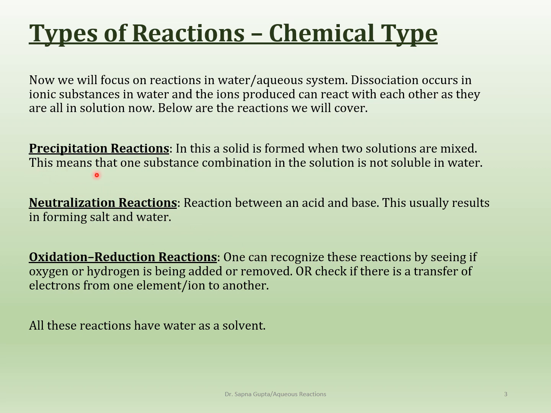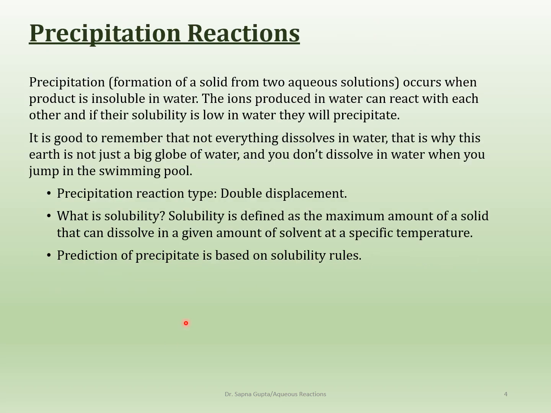So precipitation, you're not starting with the solid. Precipitate means solid formation. So you're not starting with the solid, you're starting with solutions, and then in the end you end up getting a solid as a result. So that's a precipitation reaction. Neutralization reaction is between an acid and a base. So we'll talk about acids and bases again in this chapter. And then finally there are the oxidation reduction reactions, which is a little bit of a different kind of reaction. So we'll go through each of these and then see how they differ and how they work, okay,